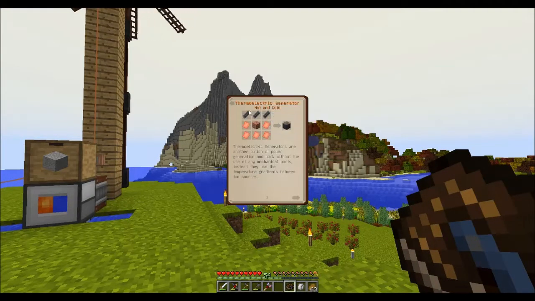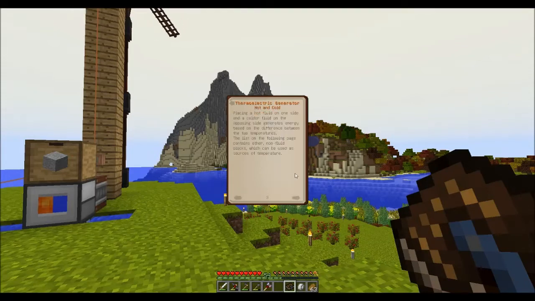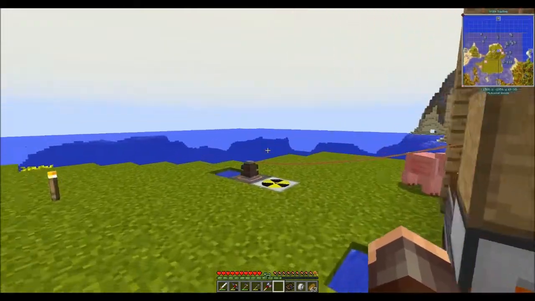This is how you make it: some steel, constantan, copper coil, and then here you can use packed ice, water, a magma block, uranium. So I'm using this one here, the uranium block, and then the plutonium block is the next one up from that. So I think I'm getting a fair amount of power, though it's hard to tell how much power I'm getting